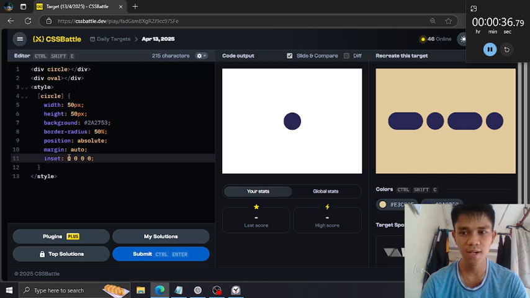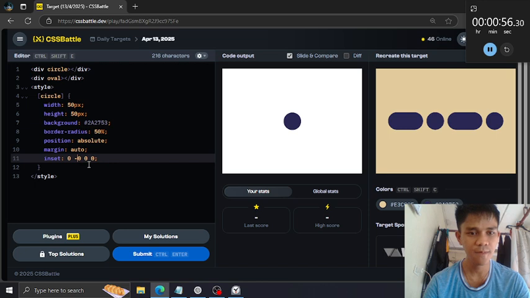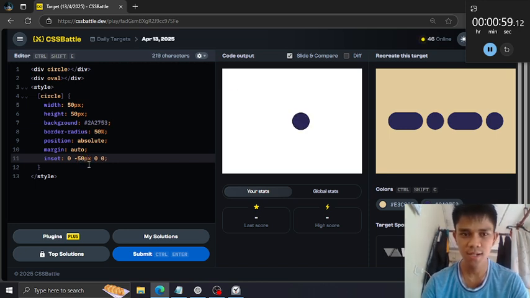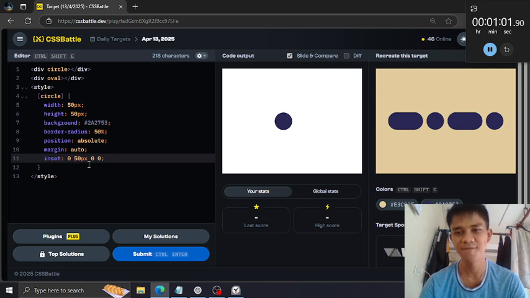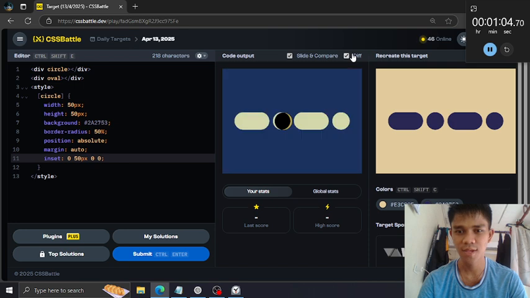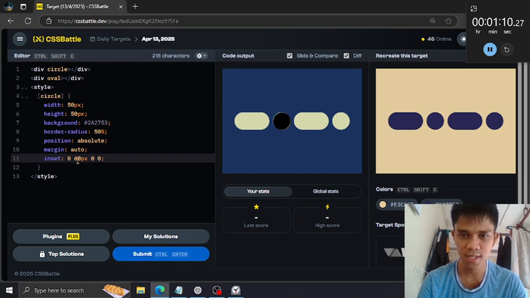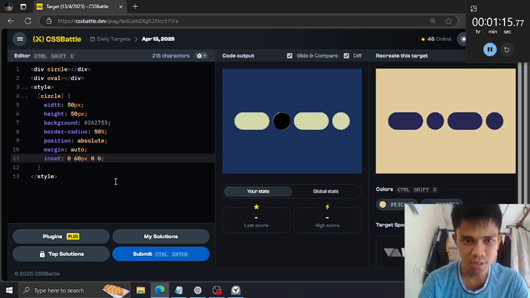We don't need to move this to the top or to the bottom. We need to move this to the left. So we need the horizontal offset, or the second parameter. So the second parameter, you put here negative 50 pixel. I mean positive. Negative would push it to the right, that's not what we want. So from here we gotta adjust this slightly. 60, 70, 60. Alright, this is much closer than earlier.